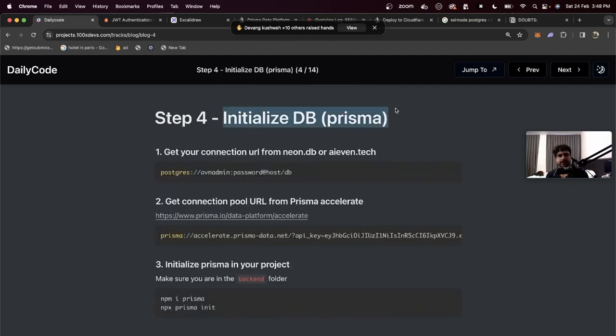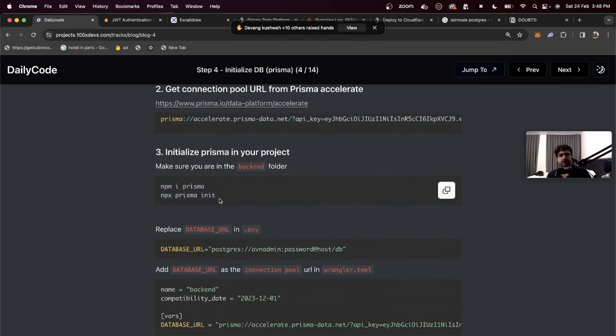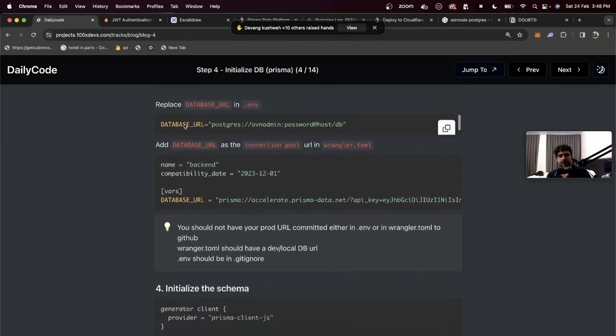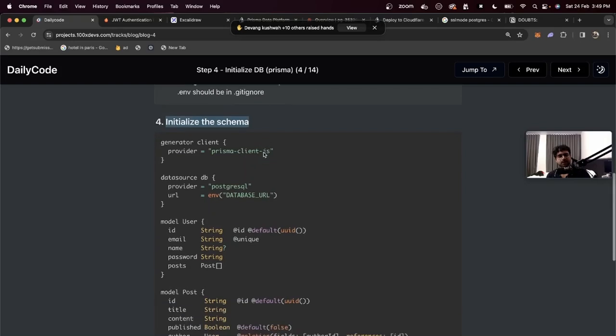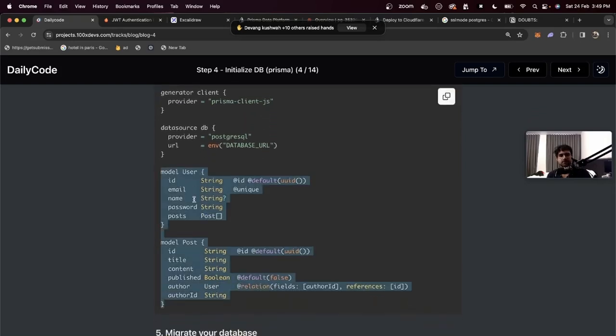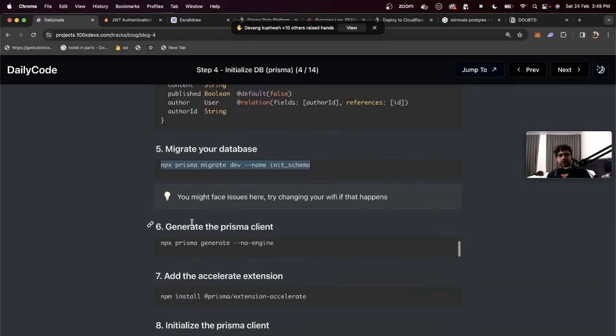Then I said initialize the database, specifically initialize Prisma, which was a whole process in itself. You need to get a NeonDB URL, you need to get a connection pool URL, you need to initialize Prisma in your project. Then replace the right credentials in the right places: in the .env file, the naked Postgres URL, in the wrangler.toml file, the Prisma accelerate URL, and then initialize the schema of your application, which in our case is very simple: create a users table, create a posts table, migrate your database, and then generate the Prisma client